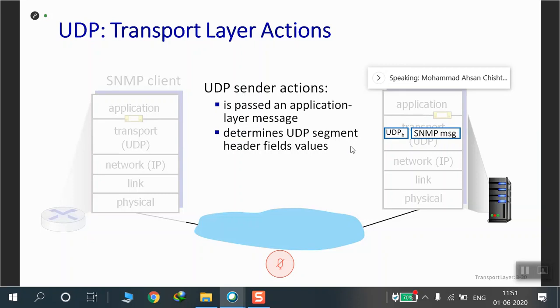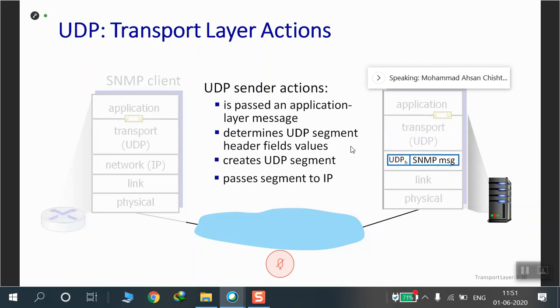And what would be within it? The 4 fields which we just now took, of 2 bytes each: the source port number, the destination port number, the length, and the checksum. And it's added to the message. It's passed on to the network layer, that is IP here. IP passes on to the data link, which passes on to the physical link. Physical link passes on to the link that connects the IP cloud to the source as well as the destination. It's routed across, and the SNMP client,